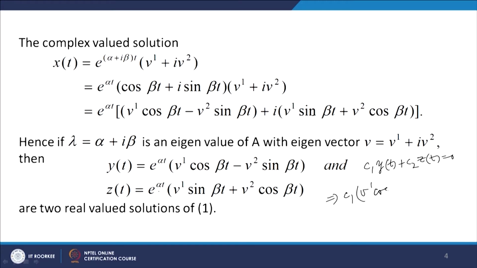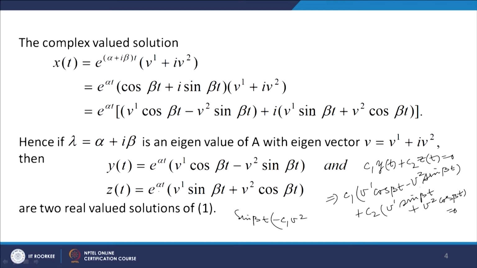C1 times (b1 cos βt − b2 sin βt) plus C2 times (b1 sin βt + b2 cos βt) equal to 0 after dividing by e^(αt). Now, let us collect the coefficients of sin βt and cos βt. So, we get sin βt times (−C1 b2 + C2 b1), and then plus cos βt times (C1 b1 + C2 b2)